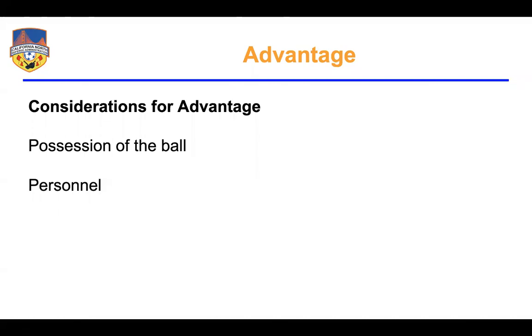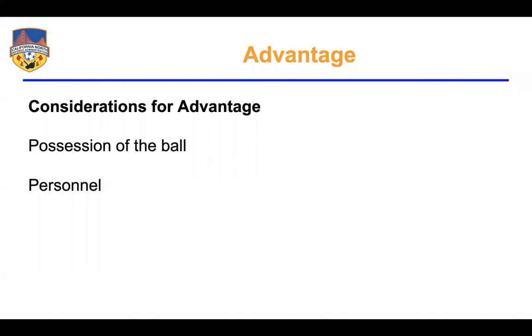So we want to be thinking about not only the number of personnel, so again, is there a numerical advantage, but what are the different skill sets of the players? If it's the center back who has the ball and is dribbling on the touchline and gets fouled, what's the chance that he can keep going and do something productive with the ball? Versus is it a crafty midfielder or maybe a really fast winger? So those are the things we want to think about. If you know that one player is really fast and everybody else is slow, maybe we let that player take an advantage and see what he can do. Those are all things we want to be thinking about a little bit.